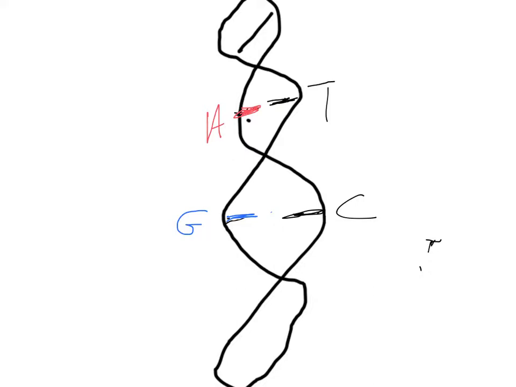These bases are the things that actually tell your cells which amino acids to make, which then make up proteins. G and C always go together. A and T always go together. You'll never find an A and a C together. It doesn't work biochemically. So these are the instructions,